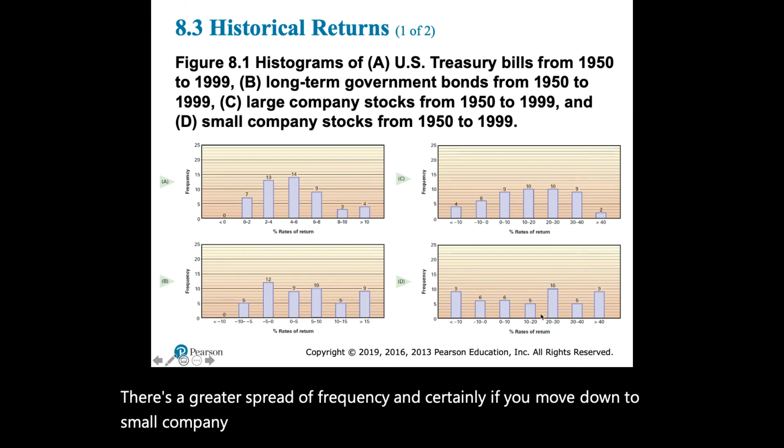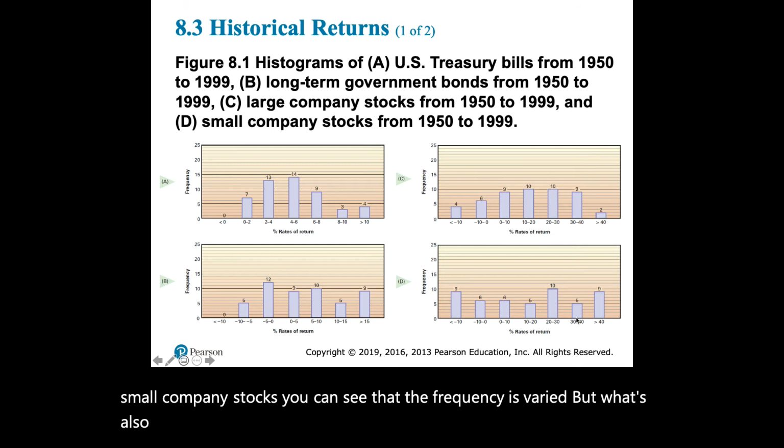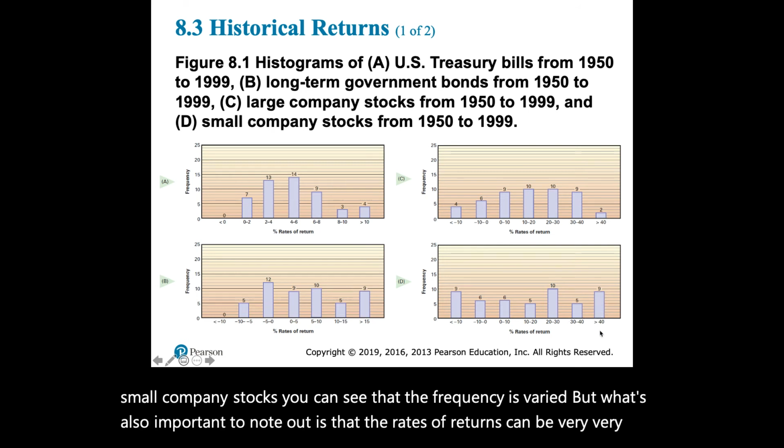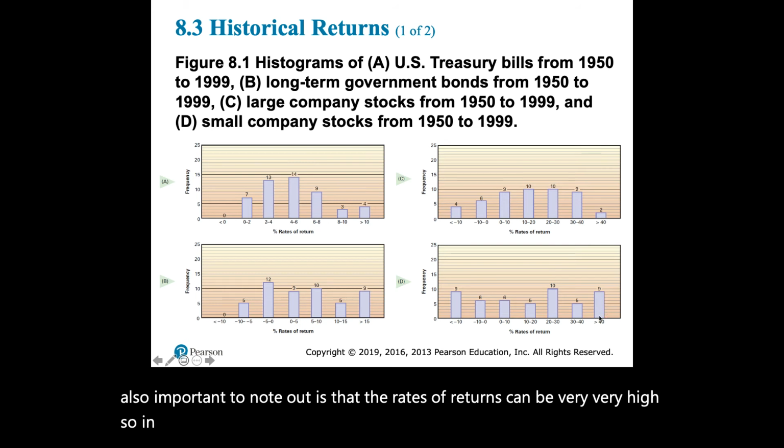But what's also important to note is that the rates of return can be very, very high. In this case, rates of return can go over 40%, but also they can dip down below 10%. If you compare the small stocks versus the treasury bills, you can see here that these are a